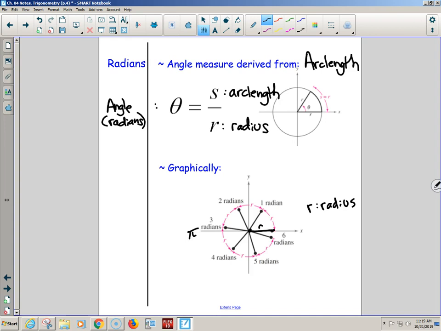But I can actually measure arc length, like distance around, and I can figure out a radius measure from the center of whatever object I'm talking about. And then if I just divide, I have a way of describing that angle that's very natural, as opposed to, I like protractors better, tick, tick, tick, tick, very man-made.